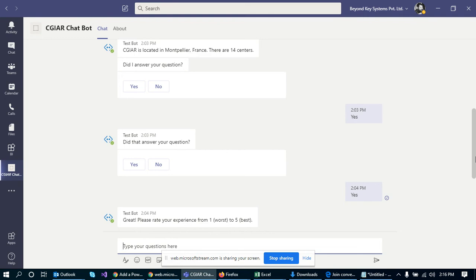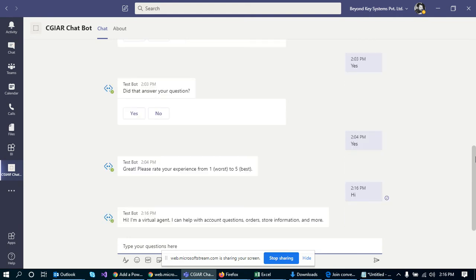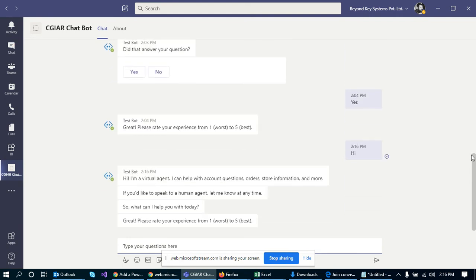Here we can type any message, and it would reply accordingly. I can just type, where is CGIAR located.